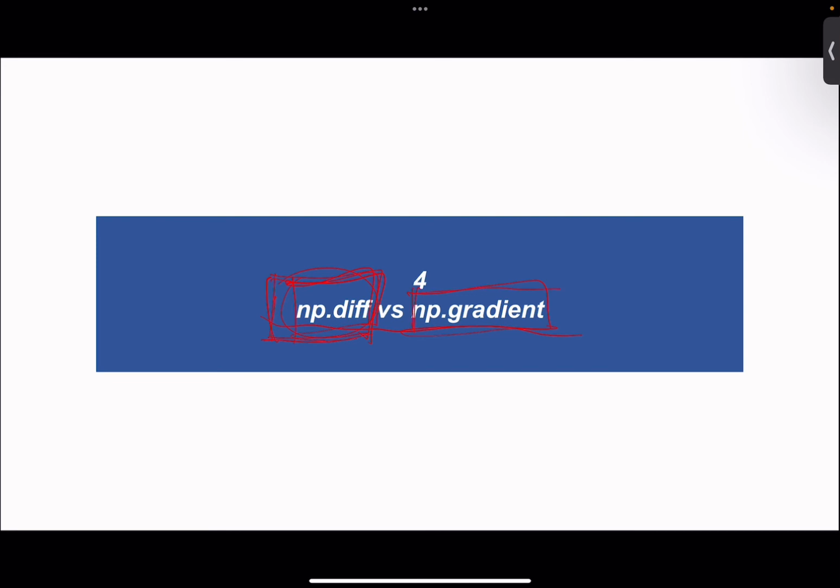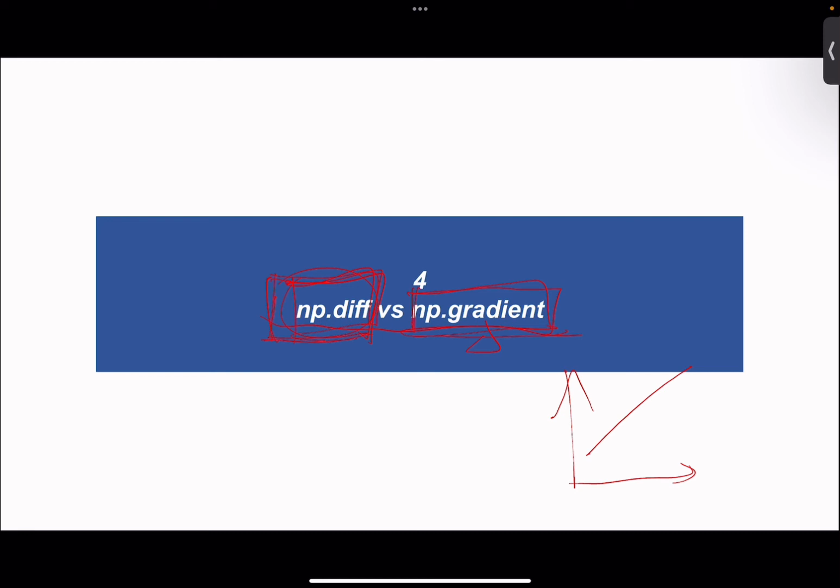But for np.gradient, this may sound very unfamiliar to you. Simply put, this function here, np.gradient, is used to measure the change rate in an n-dimensional array, which is like the slope concept in a two-dimensional plane. So as you can imagine,